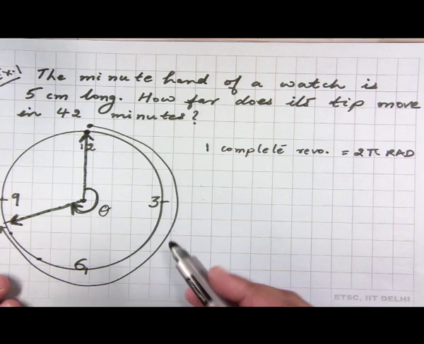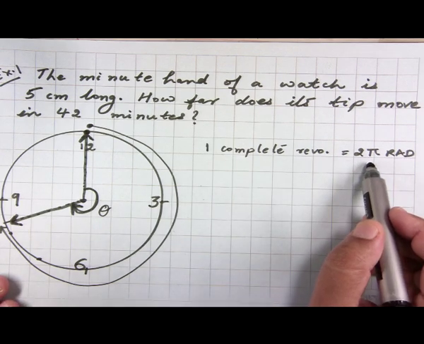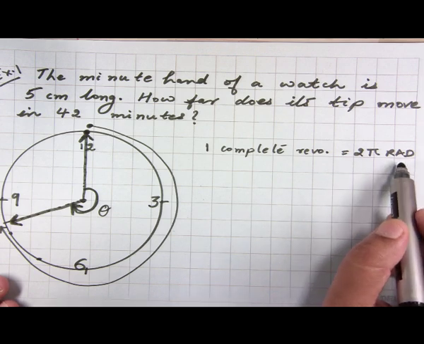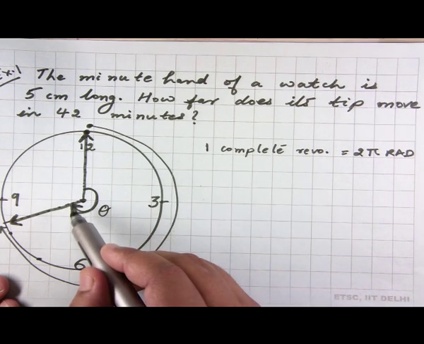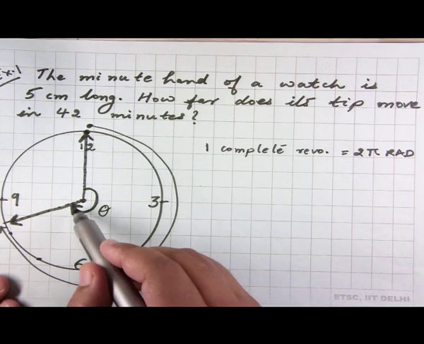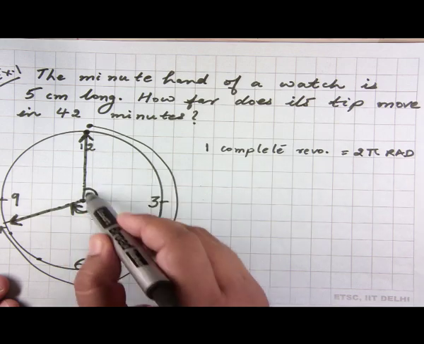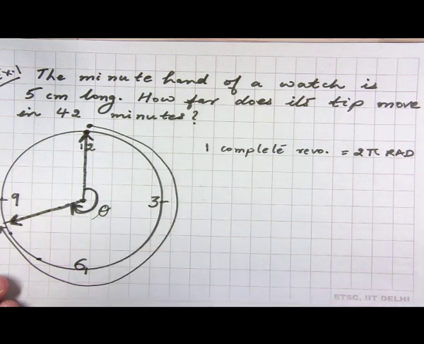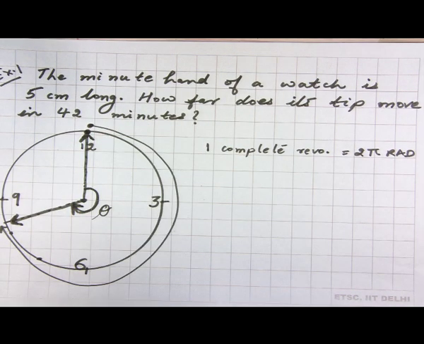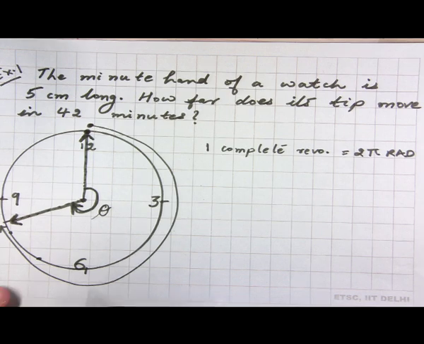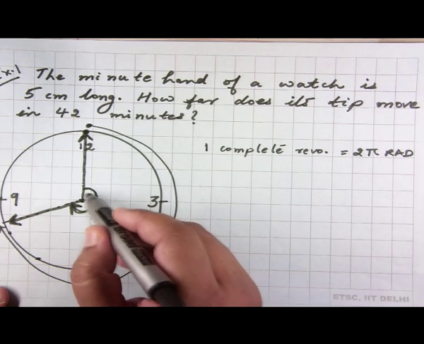Now, we know that one complete revolution is equal to 2 pi radians, but this is not one complete revolution, right. In this case, one complete revolution of the minute hand of the watch is going to be 1 hour, which is actually equal to 60 minutes,